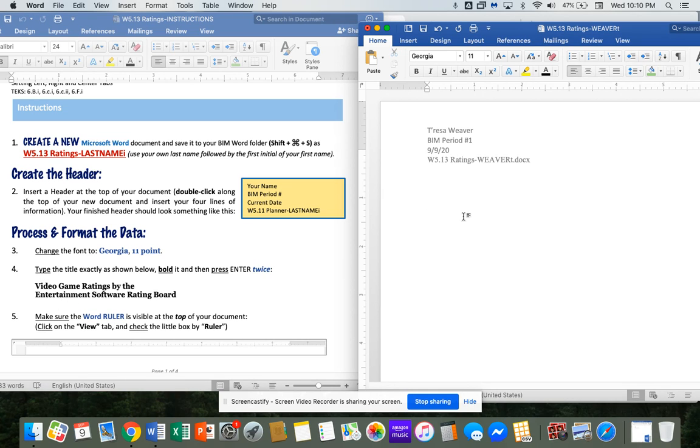Type. We're going to type this: video game ratings by the entertainment